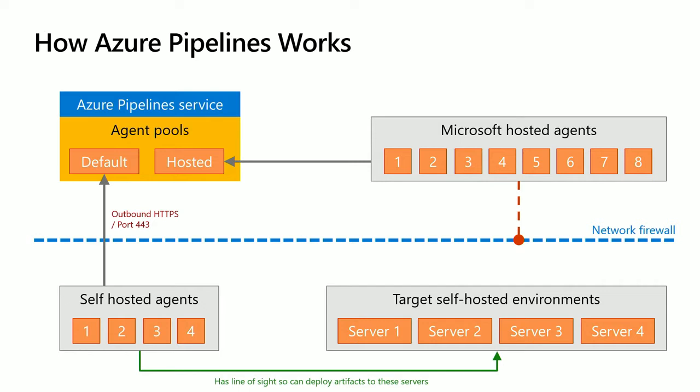And so we have the hosted service out in the cloud, and we have the hosted agents. Now, those agents are hosted in the same region as where your organization has been set to, most of them. The ones that aren't are the Mac agents. So it doesn't matter too much over here in Florida, but if you're based in, say, Germany, and you want to make sure you have your builds and things done in Europe, you can set your Azure DevOps organization to be in Europe, but the Mac build agents are still hosted in the US. So that's the important thing to remember with those.